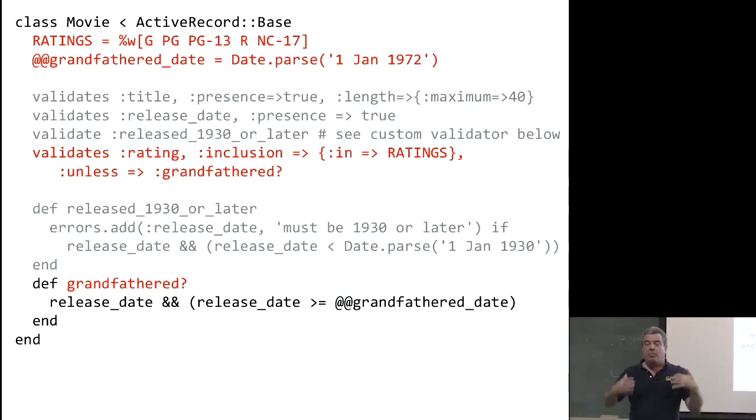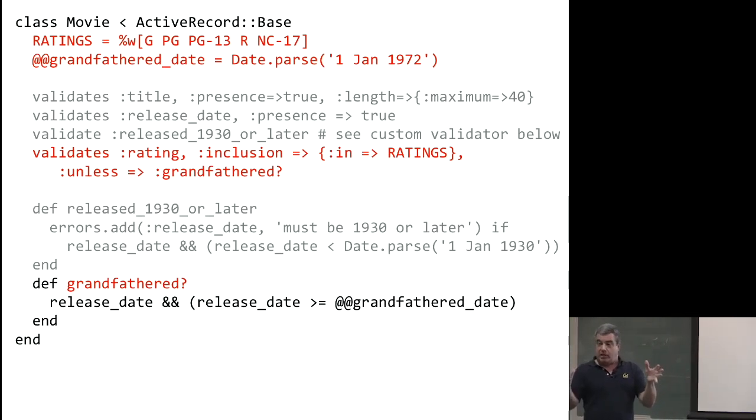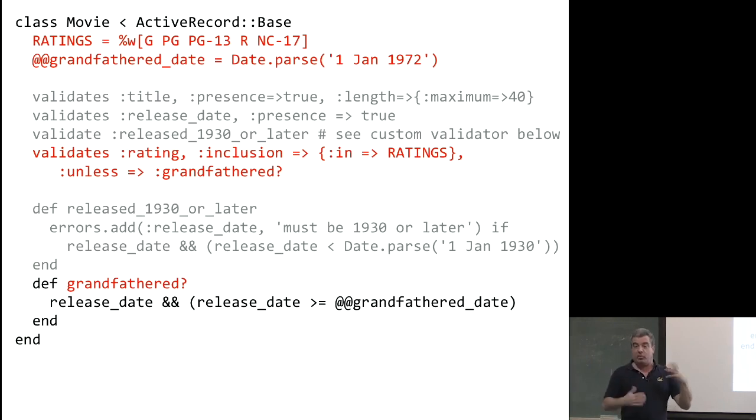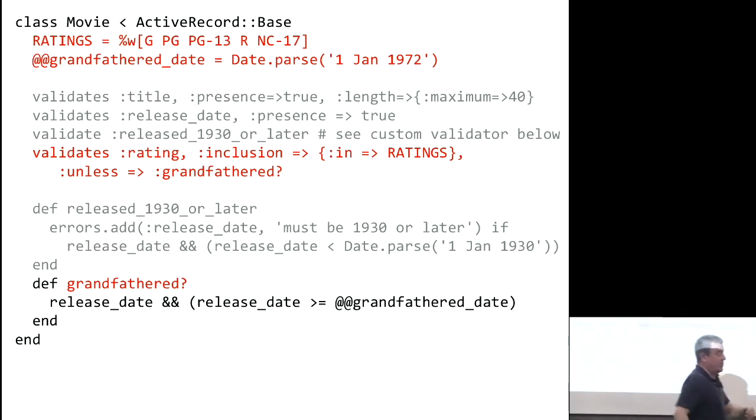So the general pattern here is we've set up some code that is going to look at some conditions on the model to make sure that the model is valid, right, that these conditions are true. And if any of the conditions are violated, it's going to add one or more messages to this other object called errors, which is part of the model. And if the validations fail, we can look in the errors object to see exactly which ones failed and what went wrong. So when does this get called?